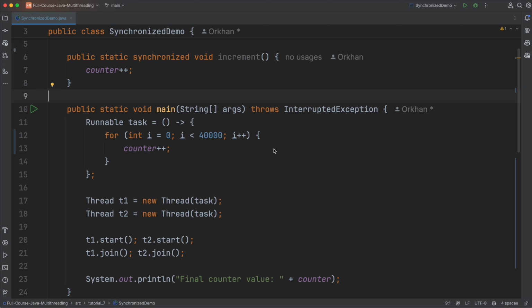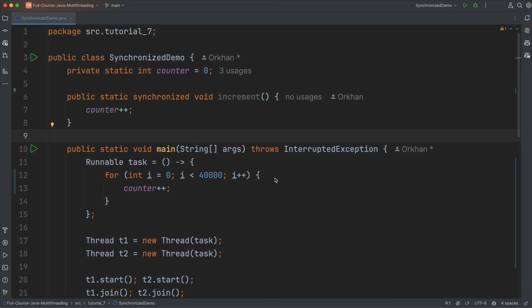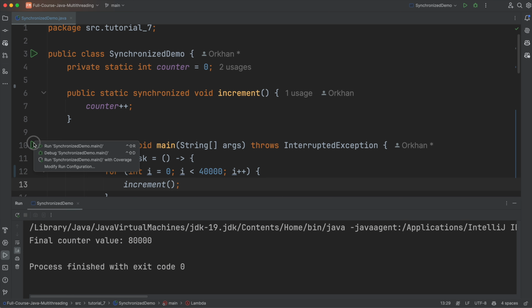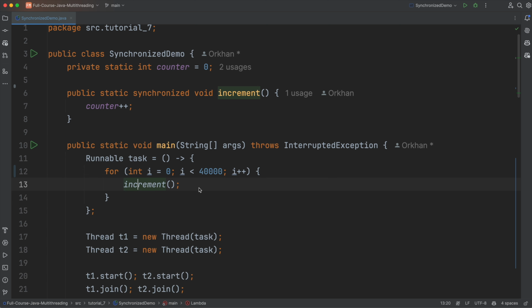One way we can solve this problem is by adding a synchronized block, or by adding the synchronized keyword to our method. If we run our main method again, we always get the result 80,000. We moved the increment part of the task to a separate method and marked it with the synchronized keyword. The synchronized keyword makes sure that each thread, so let's say we have two threads here,